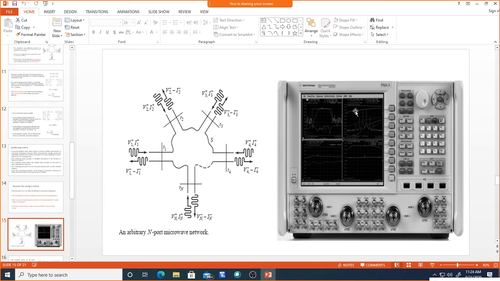Generally people will take from the vendors up to 10 to 20 gigahertz, because this microwave frequency range will be very much useful in the range of 1 to 20 gigahertz, because all the wireless applications which we are using now, 5G or 4G, fall within around 20 to 30 gigahertz. So that's why they will prefer it. Even for next generation wireless communication, you can go beyond 30 gigahertz.